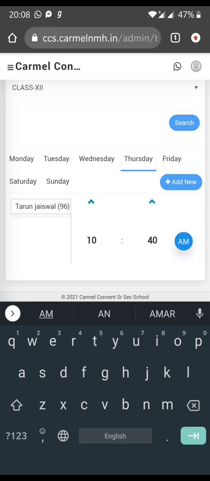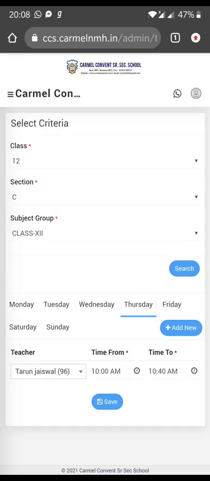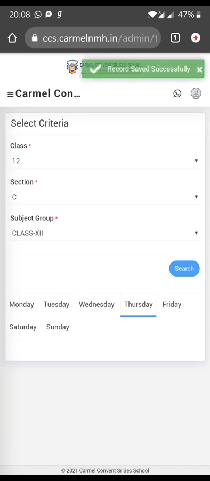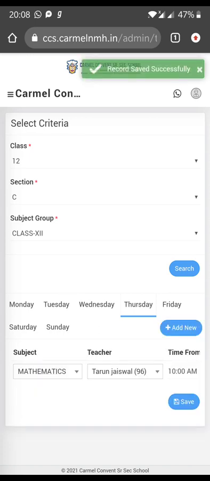Then I can tap on any other place, not here, any place other than this timing dialog box. Now the save option is there, I am saving it. So my Thursday timetable is saved for class 12th C.